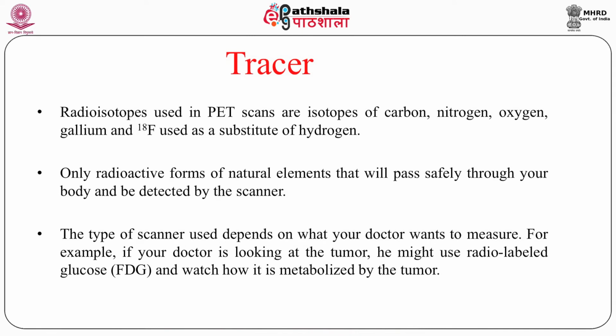But we are not using the positron directly. We need a tracer, because finally the tracer works in order to know the disease place. Radioisotopes used in PET scan are isotopes of carbon, nitrogen, oxygen, gallium, and fluorine 18, used as a substitute for hydrogen. The question arises,